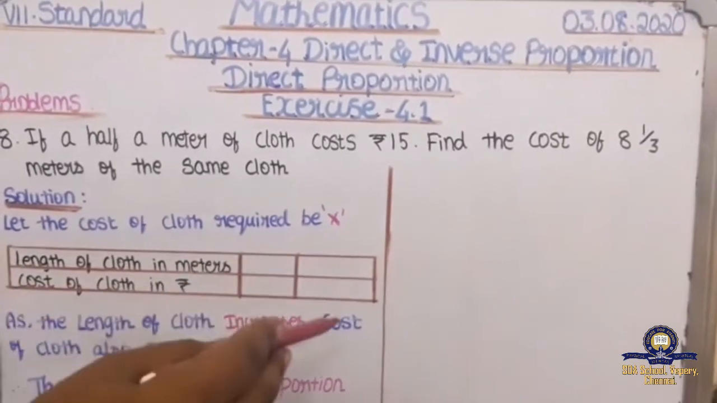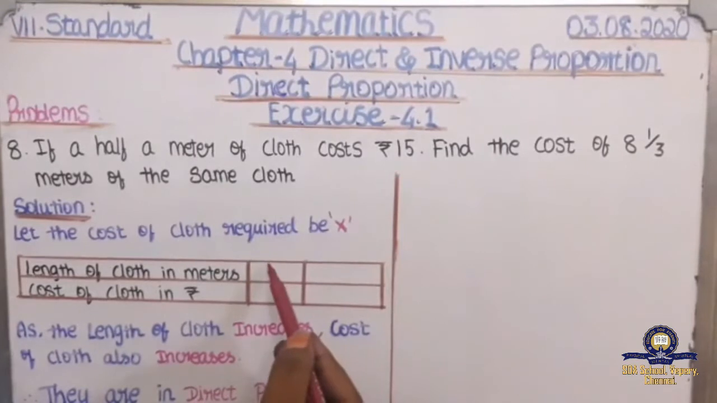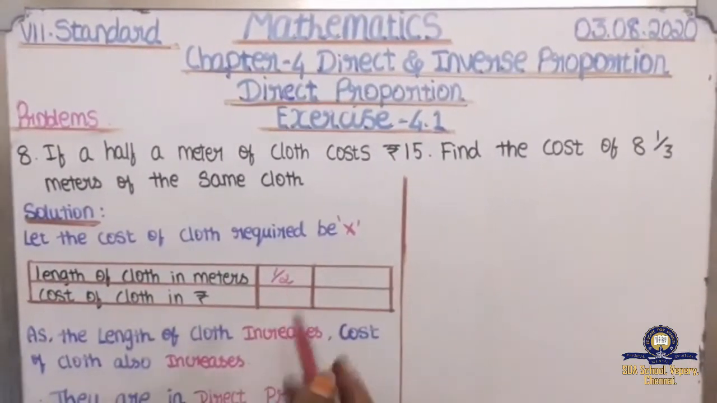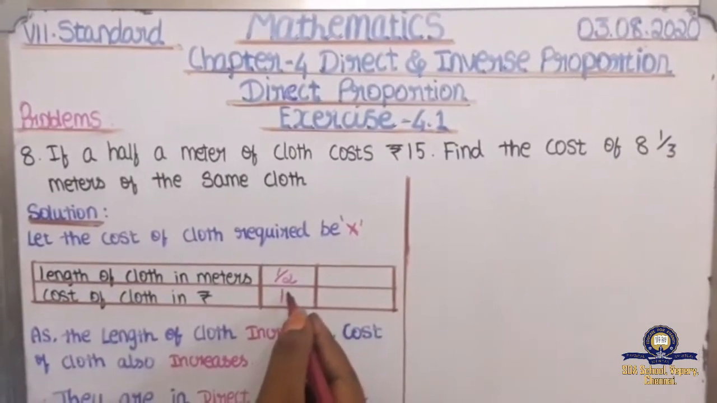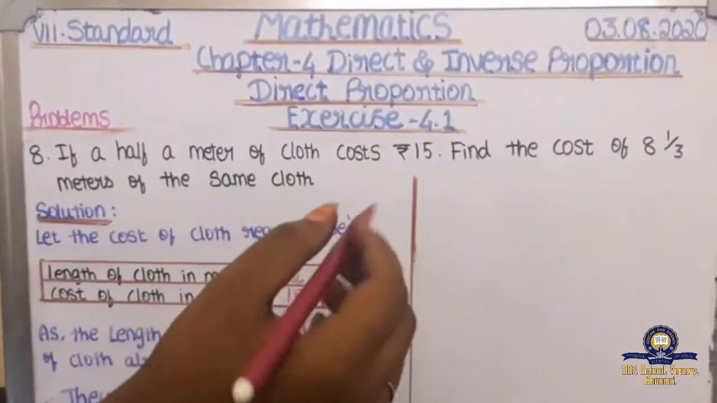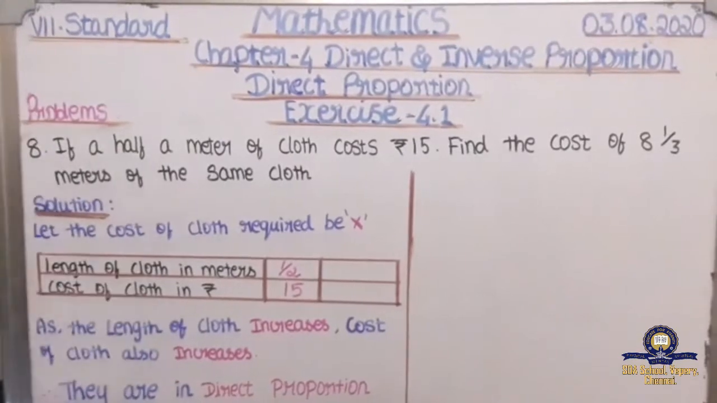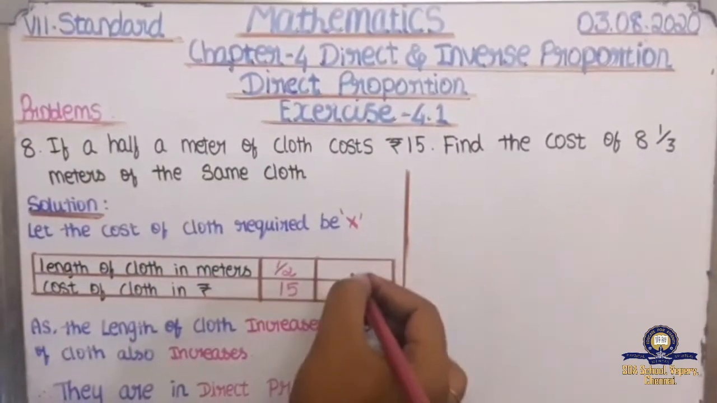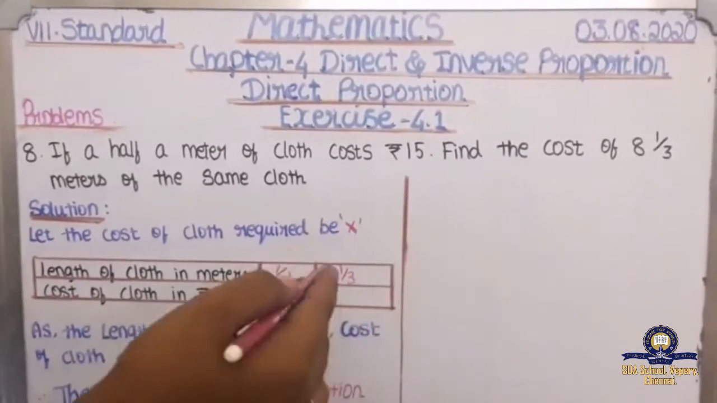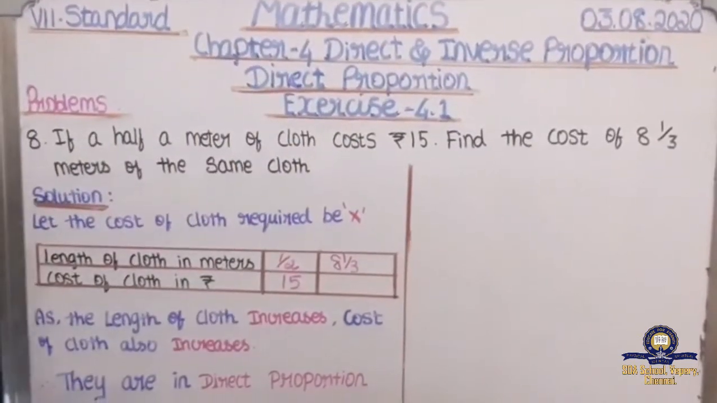where second we need to draw a table. Length of the cloth in meters. For half a meter, which means 1/2, it costs rupees 15. Then they given the cost. We need to find the cost of 8 1/3 meters of the same cloth. So 8 1/3. First it is a mixed fraction. We need to change it into an improper fraction. So we get the answer as